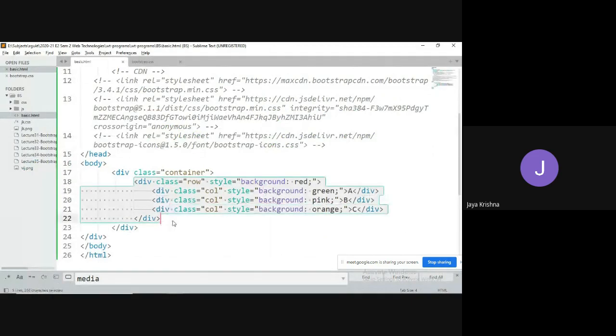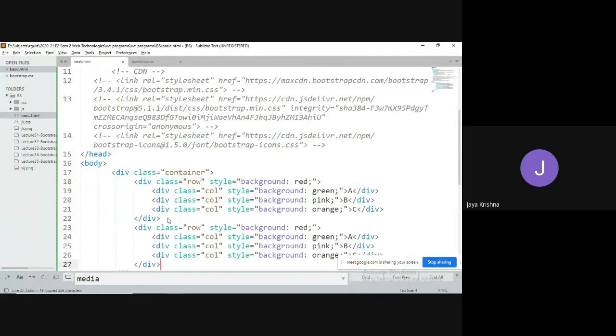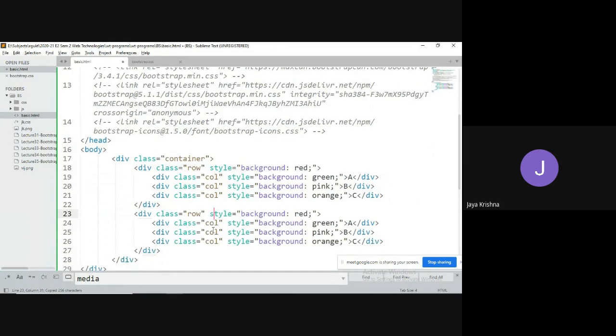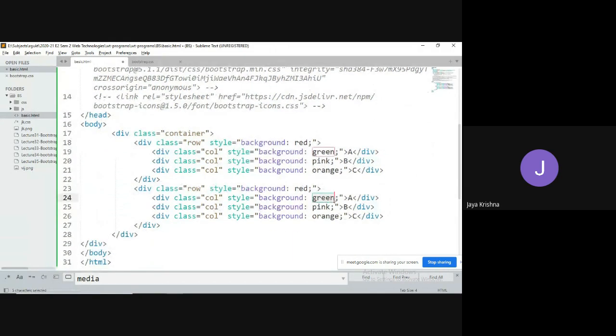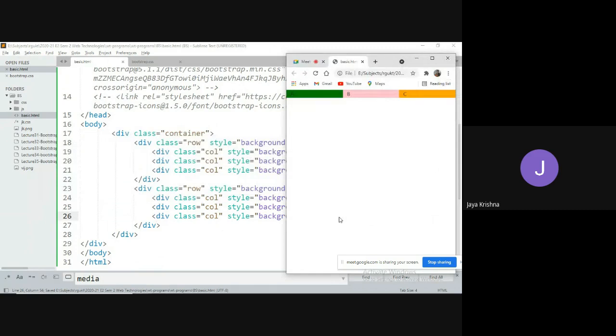I can simply take that row class, plus I can go for once again the same thing. Instead of having this, I can go for orange here, for yellow, for red.